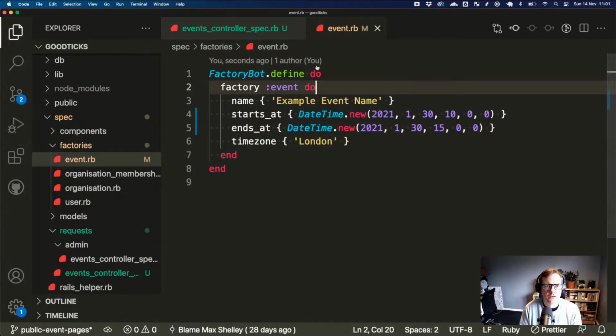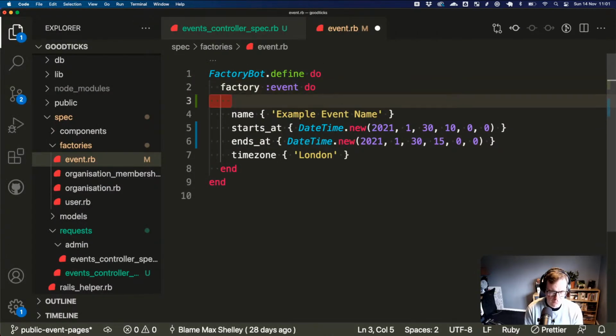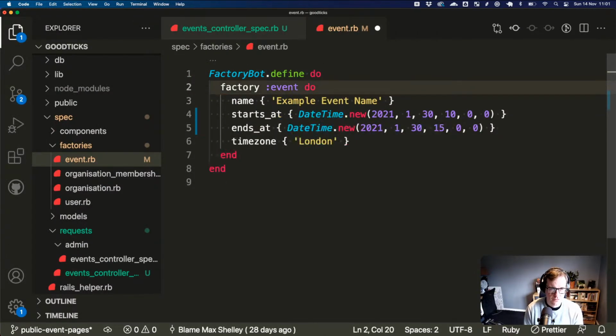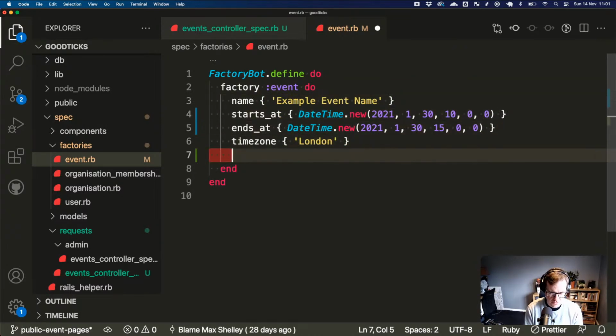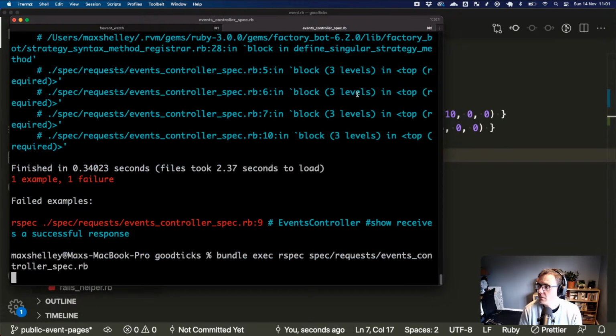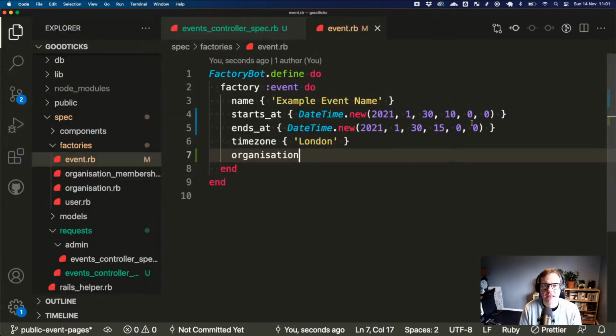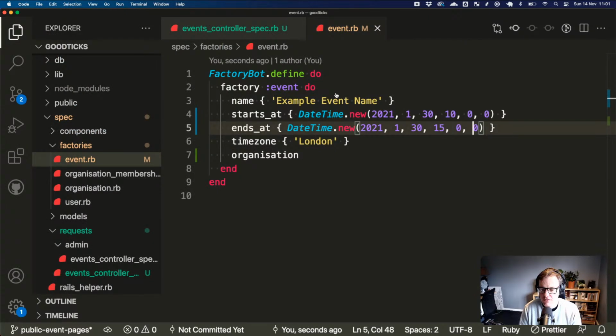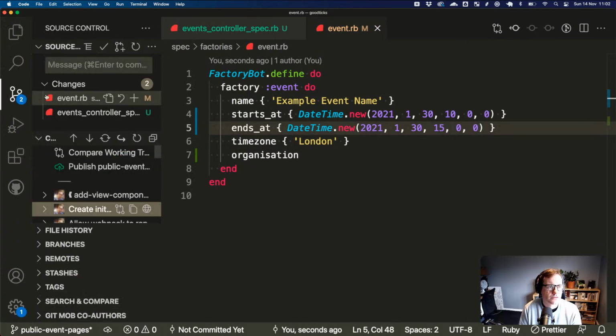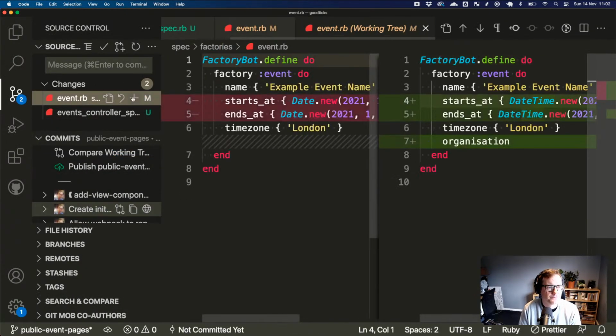Organization, yeah, okay. So then I want to do, let's put associations. Great, so that's the error we're expecting. So we can do a separate commit first where we fix our factory.